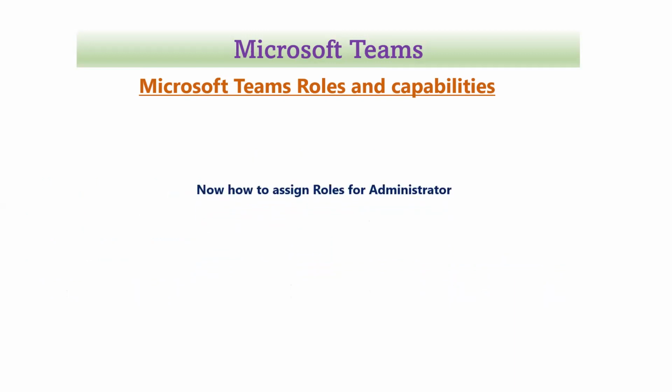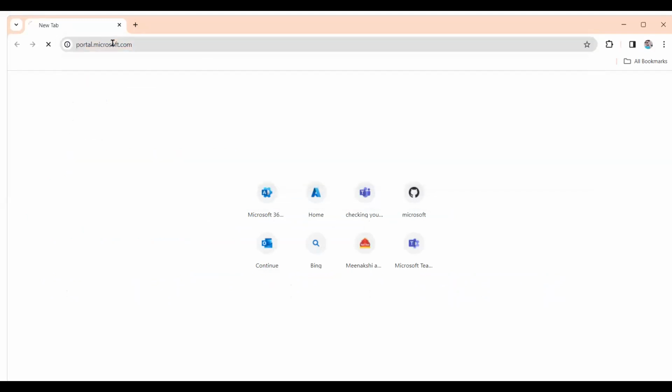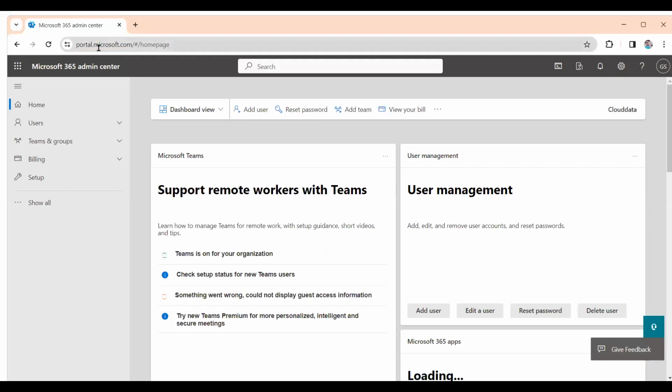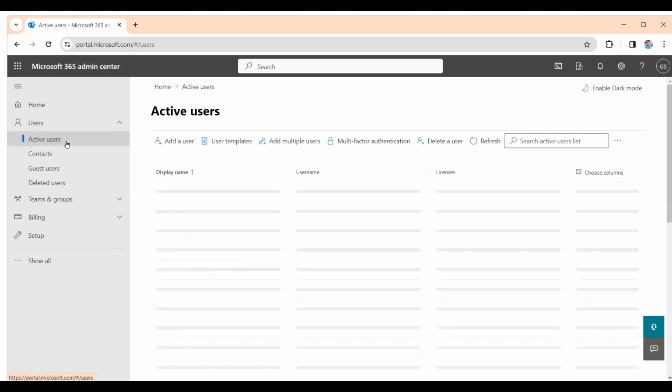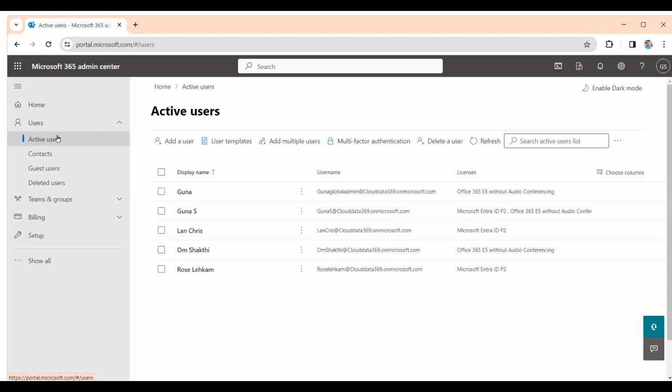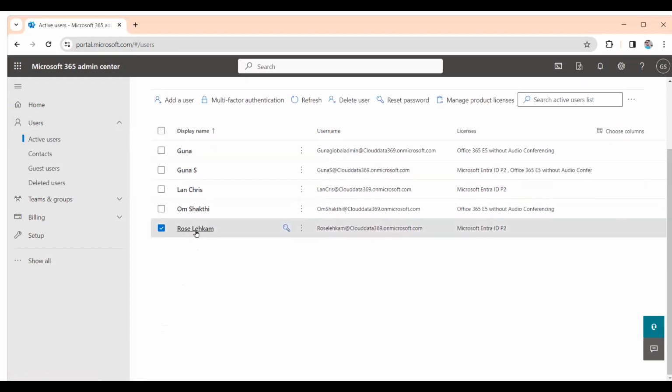So finally, how to assign these roles to an administrator? Let us see in practical. For that, open Microsoft Chrome and access portal.microsoft.com. In the portal, click on users and select active users. In the active users list, for example, I want to assign Teams administrator access to Rose Leckham. For that, I'm selecting the user Rose Leckham